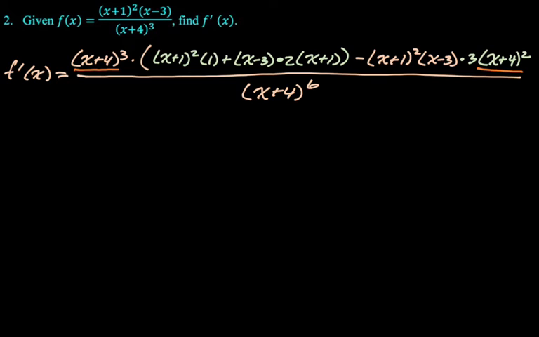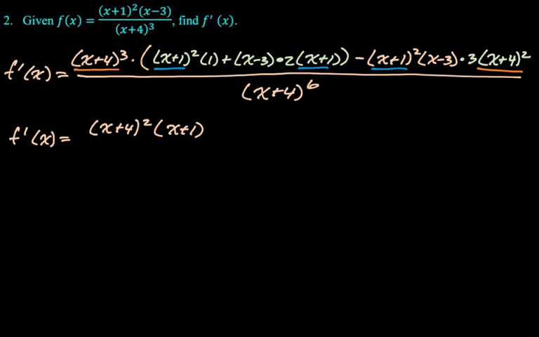I kind of skip some steps. So you can take an x plus 1 out of everything. So you can take an (x+4) squared and an (x+1) to the first out of everything. So that's what I'm going to do. And then what are we left with? Well, we're left with